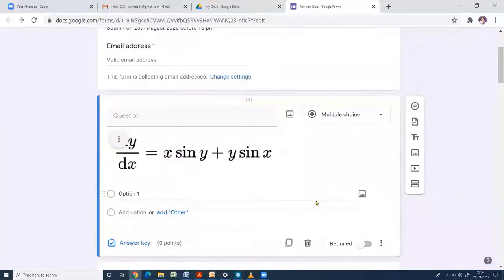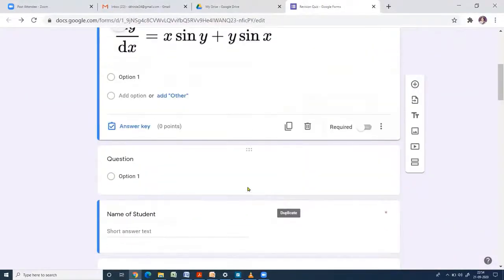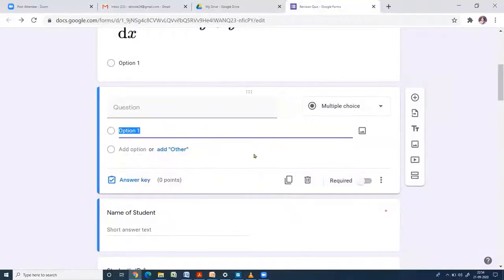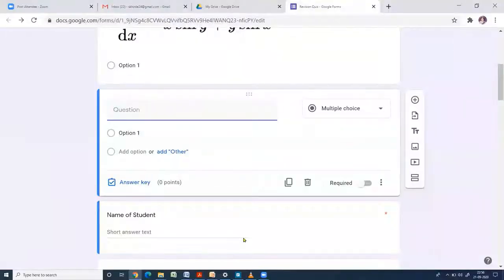Now we will see how to add the image in your Google quiz. Suppose this is the question where I want to add the image. So let us see how I can add the image to the question. Suppose I have a question which has image. Let us see the question. Refer the figure to answer the question. And now I want to add one figure here to answer the question, and then I will give the options.